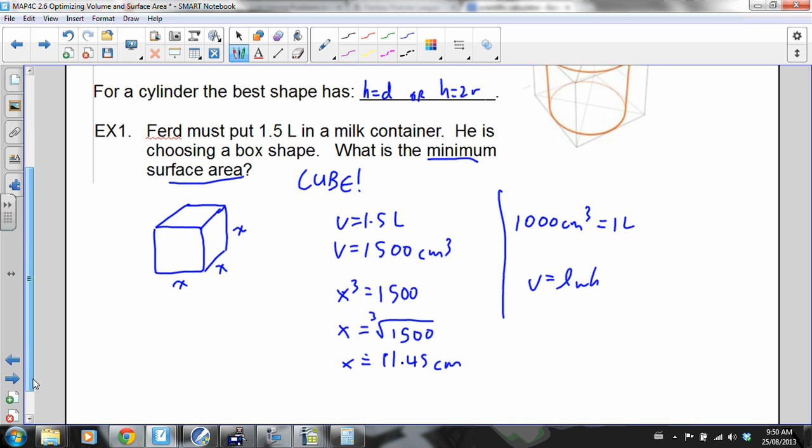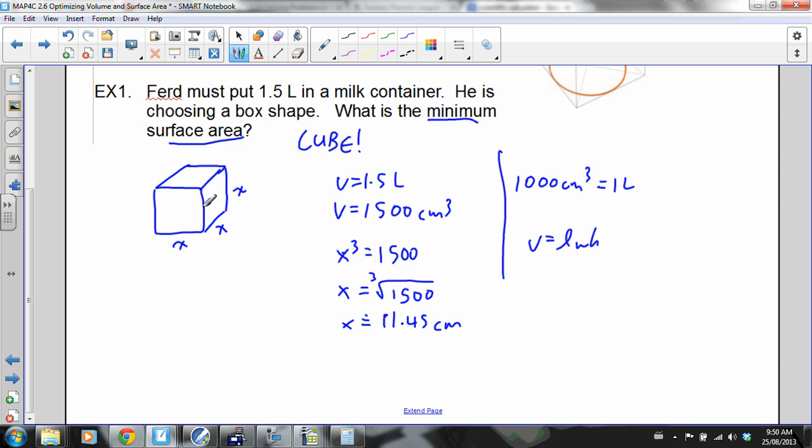But it asks, what's the minimum surface area? So I've got to find the surface area, how much cardboard I'm going to use here. Well, for a cube, there's a shortcut. It's not pairs of rectangles that are the same. I've got 6 squares that are all the same size. So the surface area is 6 times x times x, 6 squares, 6x squared. And I can put that into my calculator. X is 11.45 from earlier, and you get about 786. So the minimum surface area is